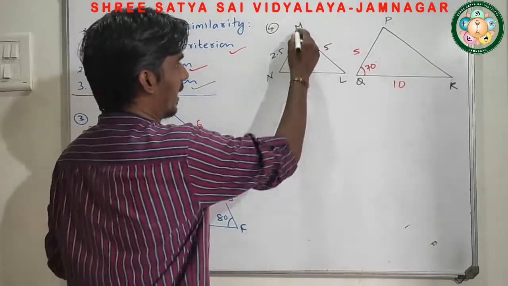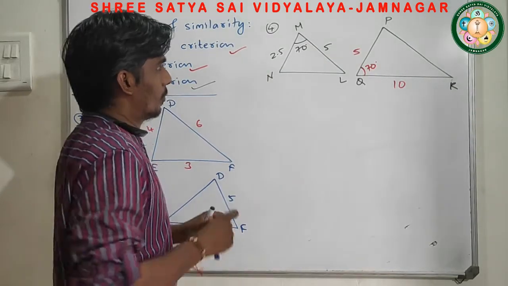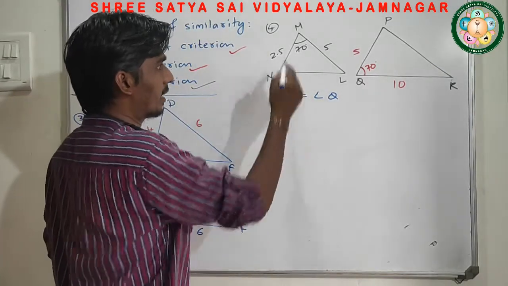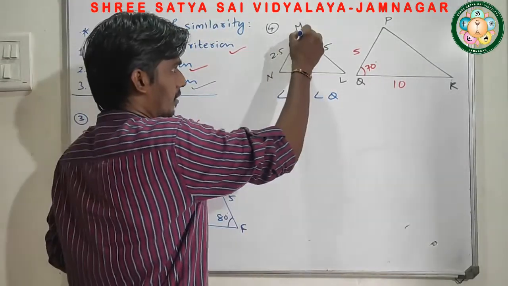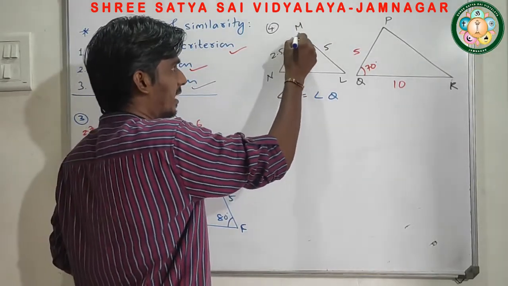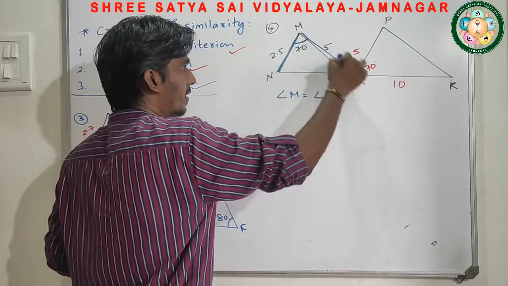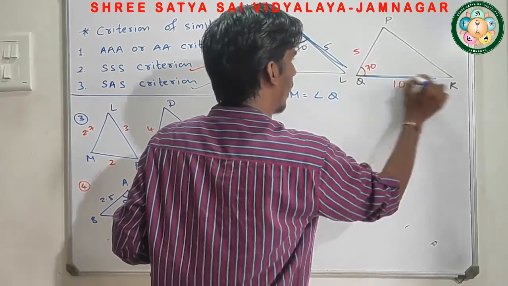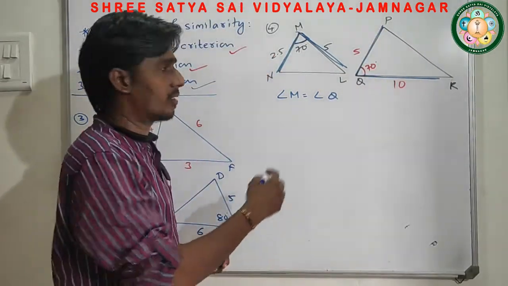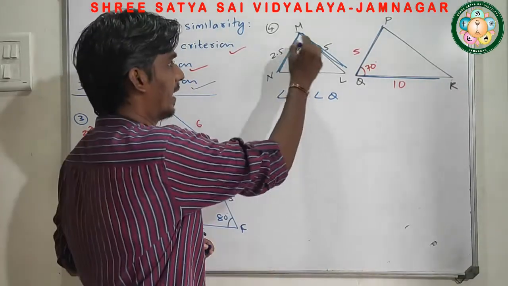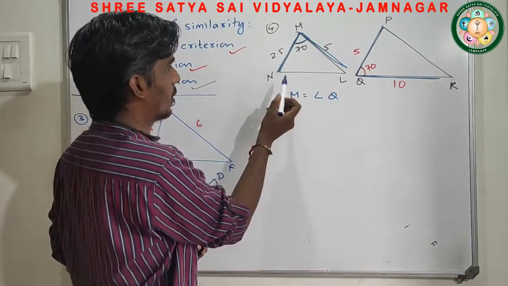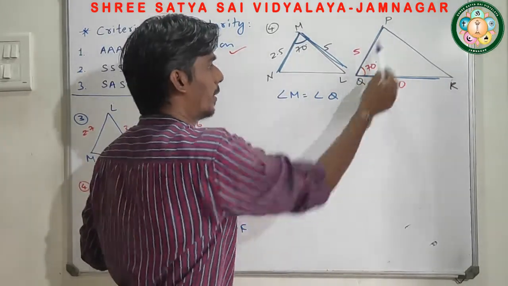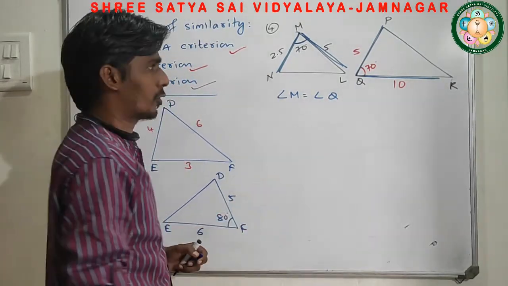So first of all, angle M equals what? Angle Q. So here angle M is equal to angle Q. Now the sides including this angle, what does it mean? This angle is made at M. Which sides are including it? Side MN and side ML. And here angle Q. Which are the sides? It's side QR and side QP. These are the sides including this angle. Which two sides come in this angle? For angle M, these are the two sides, MN and ML. And for this angle Q, which are the included sides? QP and QR.